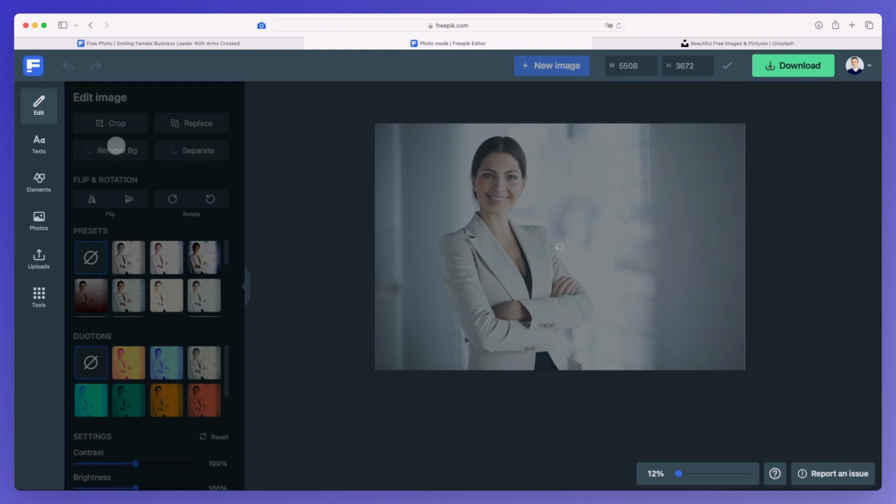It's even easier than going on remove.bg after you downloaded the image, because you can simply remove the background, and as you're gonna see in just a moment, since this image is quite big, it's going to take just a few more moments, but essentially it allows you to download directly